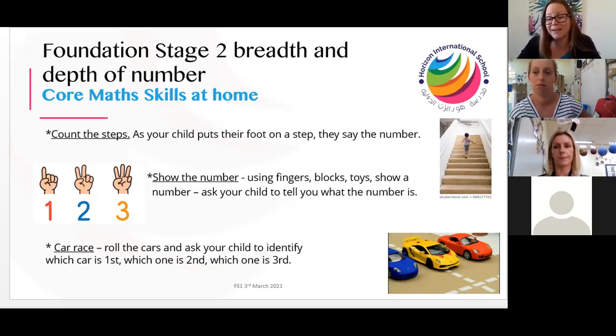Using toy cars at home. Who doesn't love to have a toy car race? So they can do this at home. Which one came first? Which one came second? Which one do you think is going to come first? Why? How do you know that was the first one? How do you know that was the second one? So it's having those conversations, having some fun with it, but helping to encourage those really, really important math skills